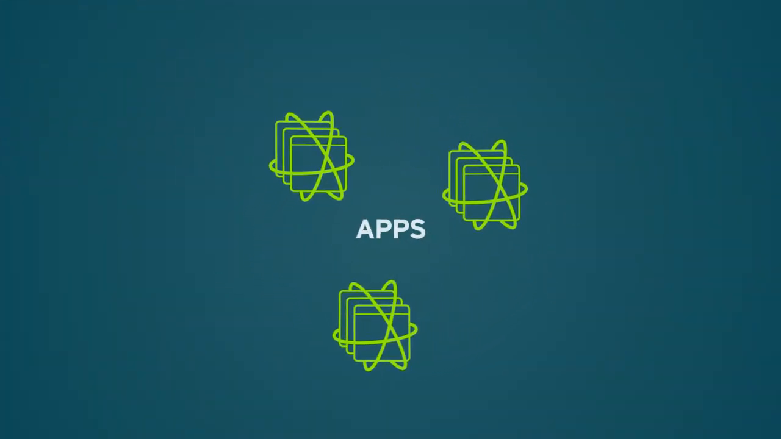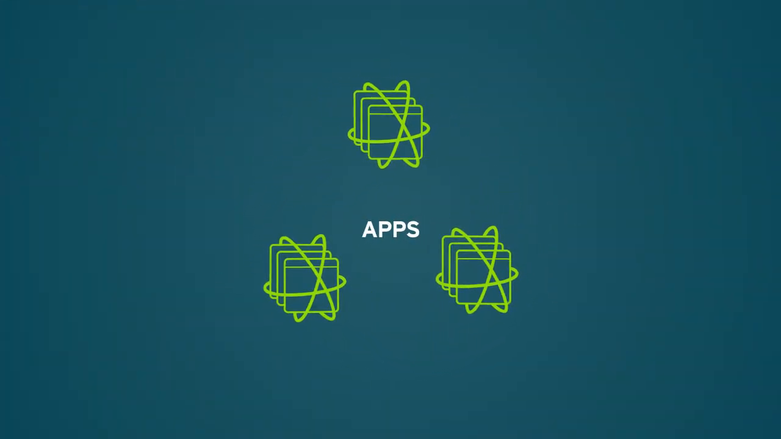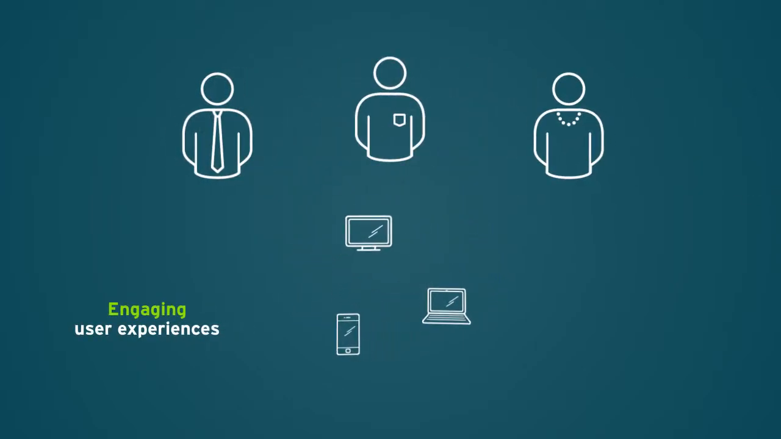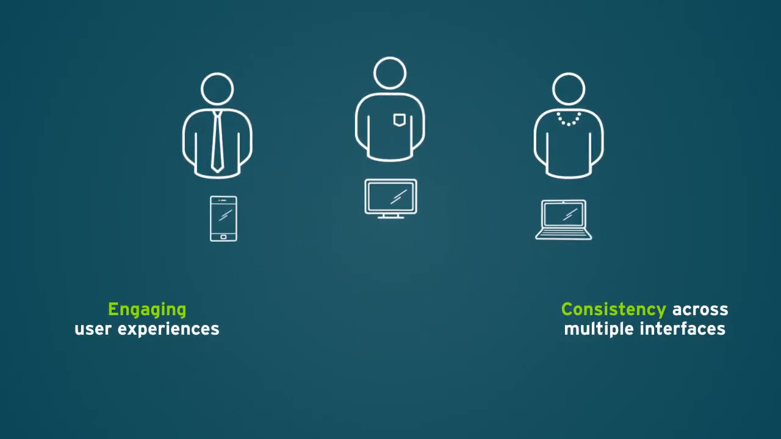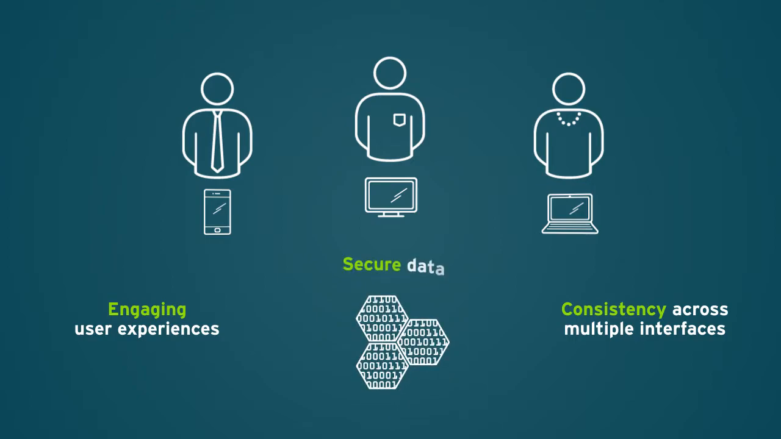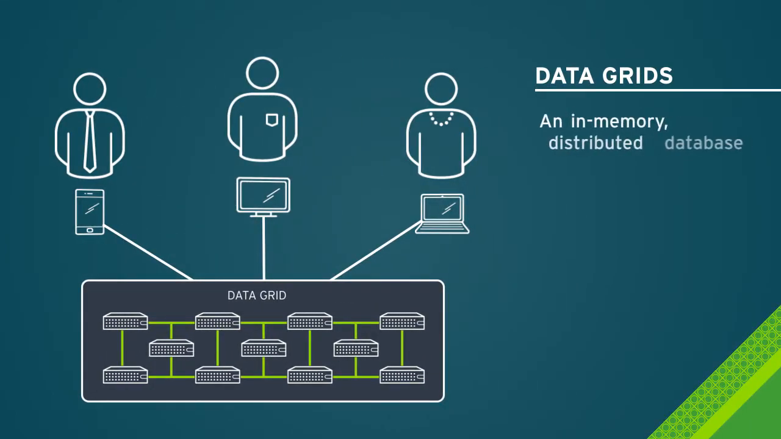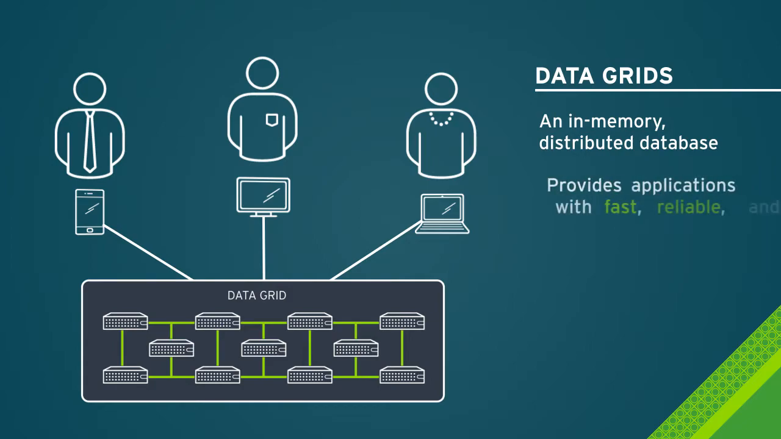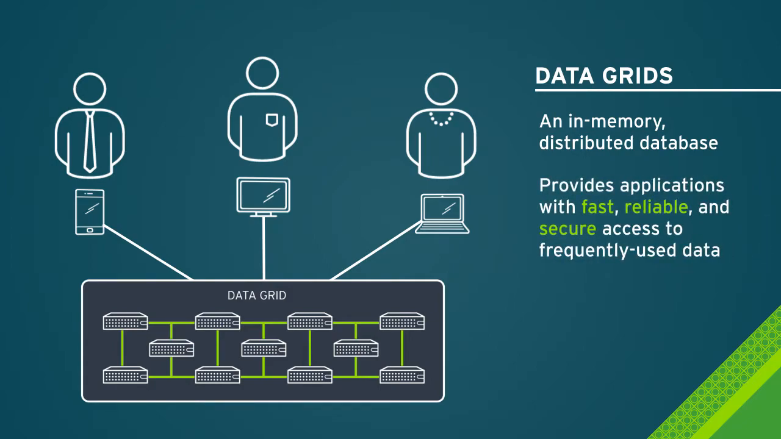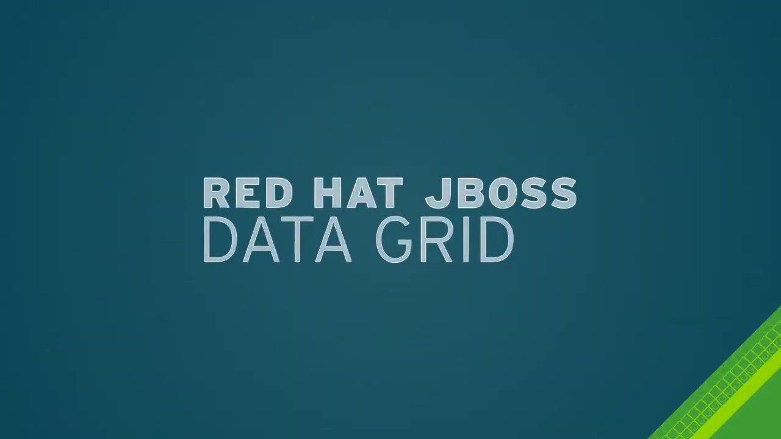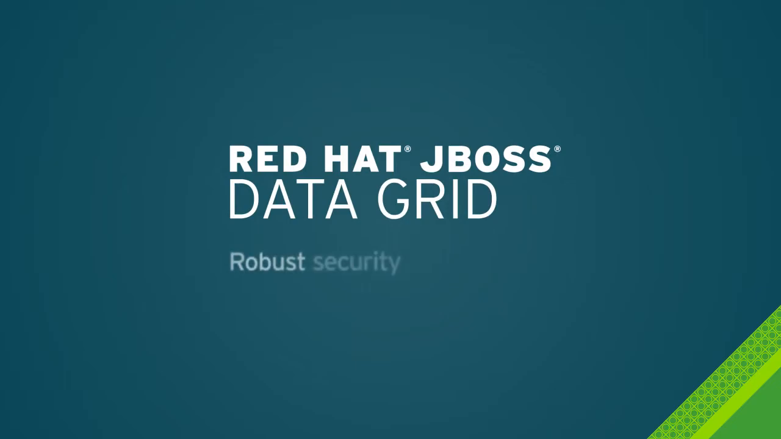Organizations today have to build great applications to stay competitive. Customers demand engaging user experiences, consistency across multiple interfaces, and, most importantly, security for their sensitive data. An in-memory, distributed database, data grids, enable organizations to meet these tough requirements while providing fast, reliable, secure access to frequently used data. Red Hat JBoss Data Grid offers robust security features and flexible configuration options for your sensitive data,